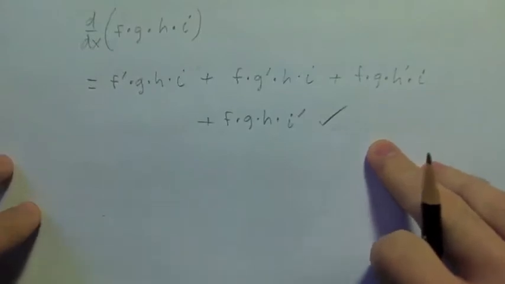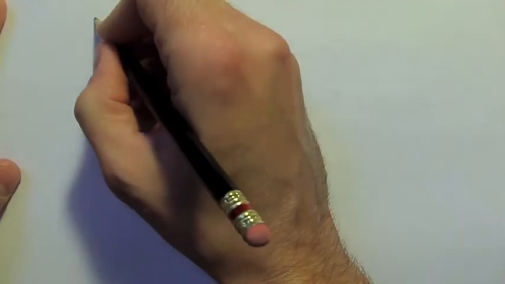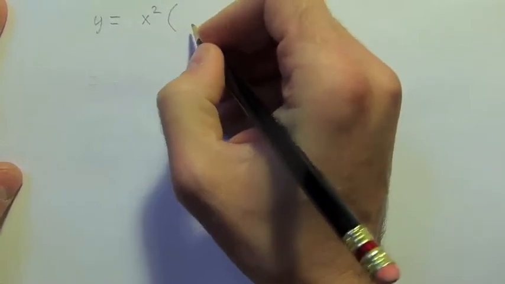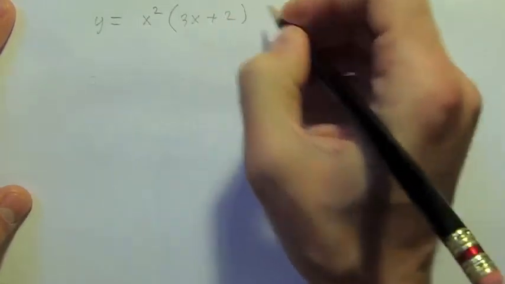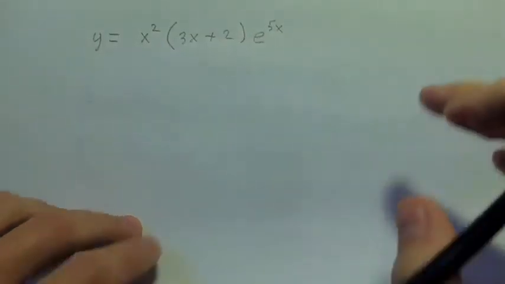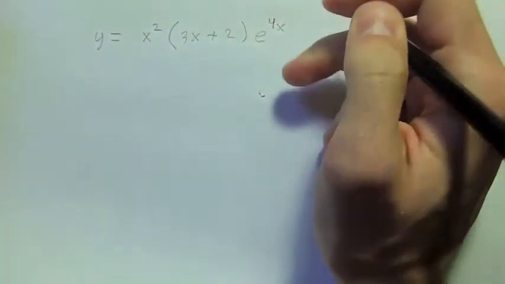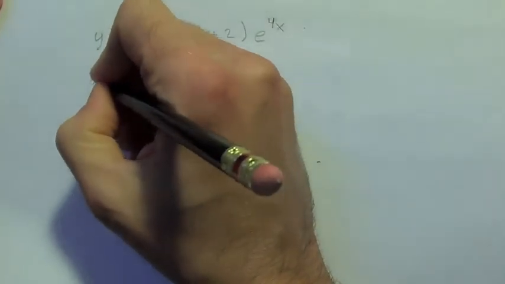Okay, so it really comes down to just identifying what your separate pieces are. Right, so say I want to take the derivative, let's say y is equal to x squared times 3x plus 2 times e to the 5x. Let's use a different number here, actually. Let's make this e to the 4x. Okay, and so if I wanted to take the derivative of this, it would just involve that sort of triple